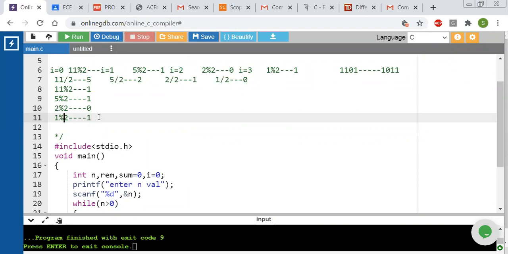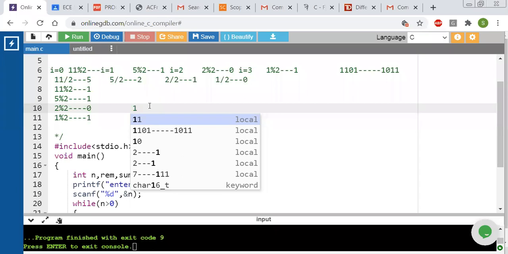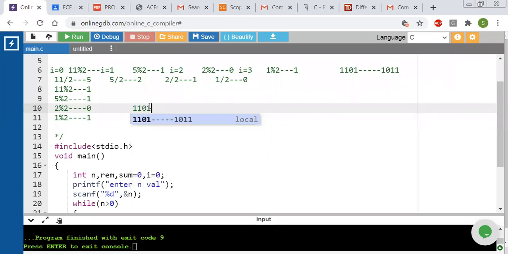So that means first we are getting this number. Actually we are getting this number 1101.